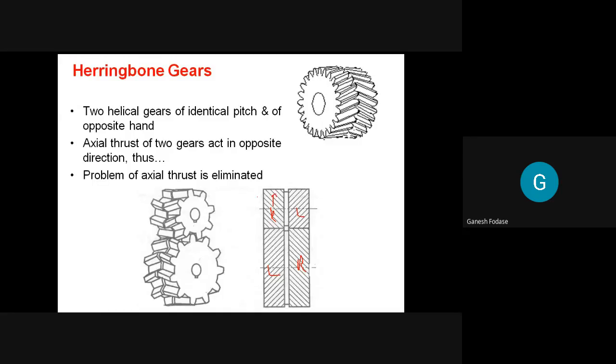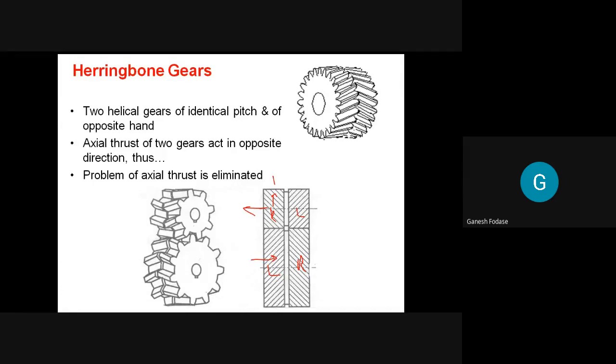So you know that if it is rotating in the upward direction, there is axial thrust. Assuming that this is the driver for pair number 1, the axial thrust acting in this gear pair is toward this side. How will it be? Again, use the right hand rule. And of course, on this gear it will be in the opposite direction.